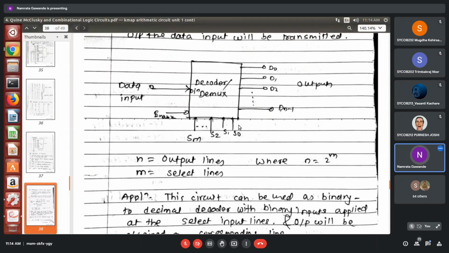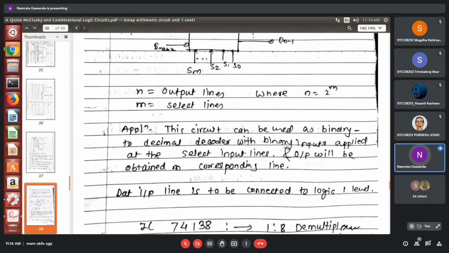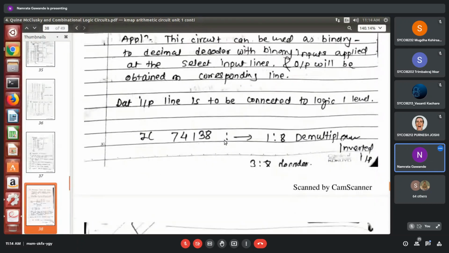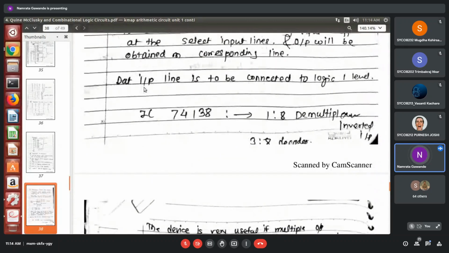Now based on demux, here you can see which IC is used for demux? IC 74138. Basically now you should know at least which IC is used for 8:1 mux and which IC is used for 1:8 demux, because generally those ICs are required to make a connection, from the implementation point of view. So IC 74138 is used for 1:8 demultiplexer.